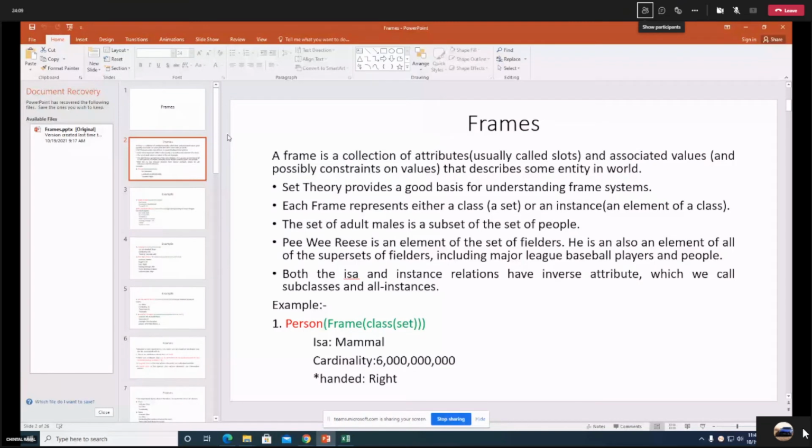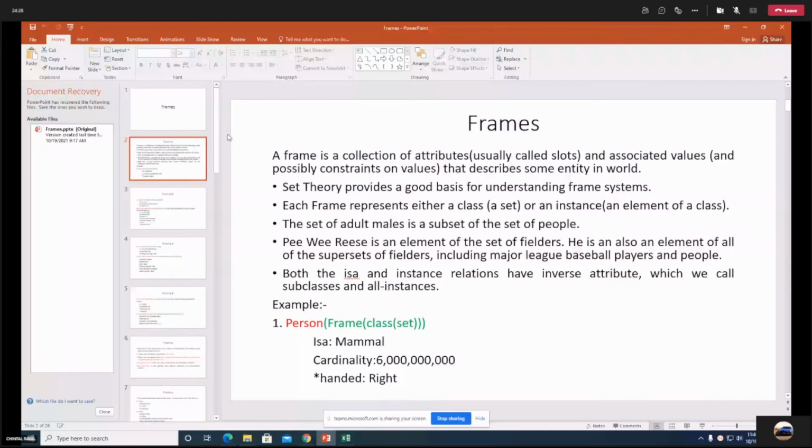These two are very important attributes, and semantic net was not representing them clearly. Moreover, if there are a huge number of attributes and associated values, that was also not clearly represented by the semantic net. So then comes the concept of the frame.